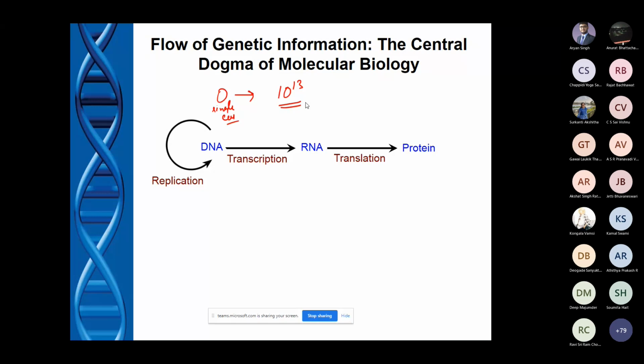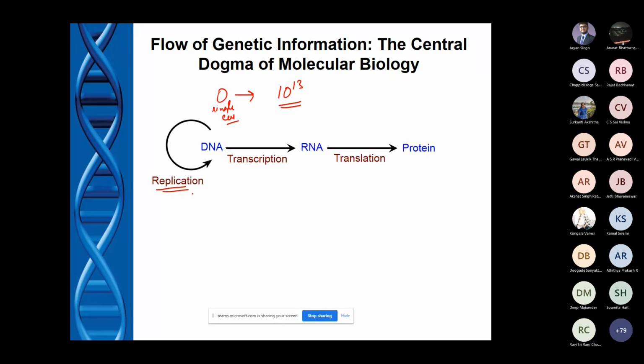So as a result, the prerequisite for cell division, that means from one cell you are getting two cells, is that before that you have to copy the information. That means whatever DNA you have in that cell, you have to make double. That process is called replication. So DNA gets doubled, and then that DNA will be segregated equally into the two cells. How it will be segregated equally, we will discuss in a different class. But the thing is that DNA should be equally divided into two cells. The process of this DNA synthesis is called replication.